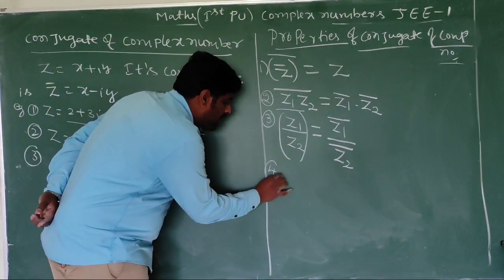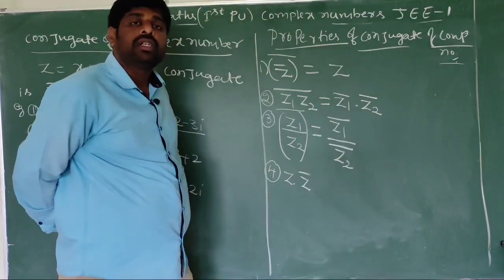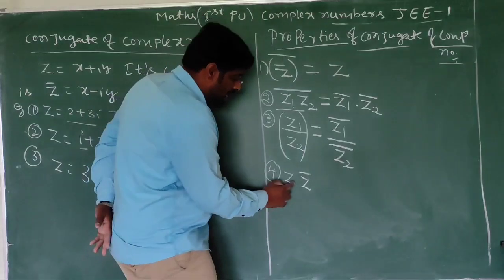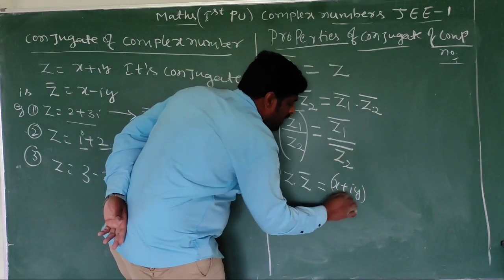Next property is Z into Z bar. What is Z here? X plus iy into